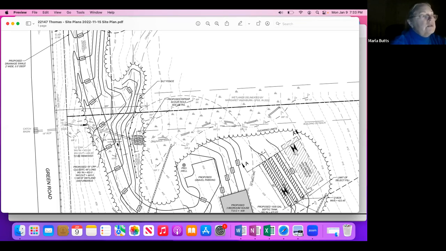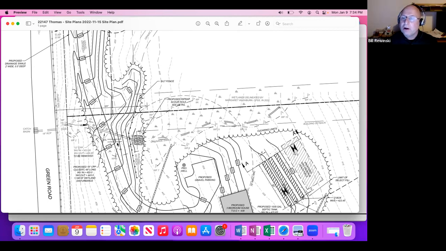But since this is an individual permit application because of the road crossing, we're not going to be rendering a decision on this tonight anyways. So that'll give us a chance to take a look at it if we want to before next meeting. When Bill's done with his questions, I have a couple of my own. That's primarily all,